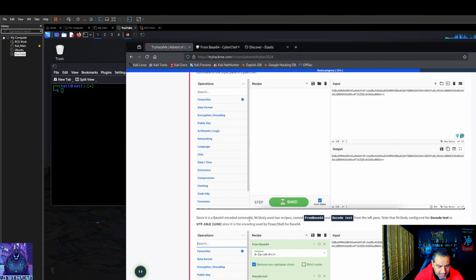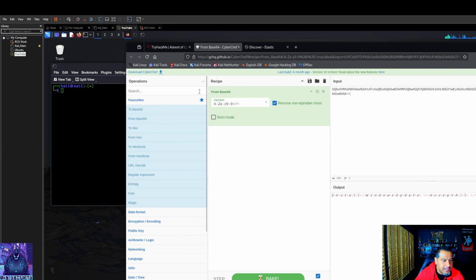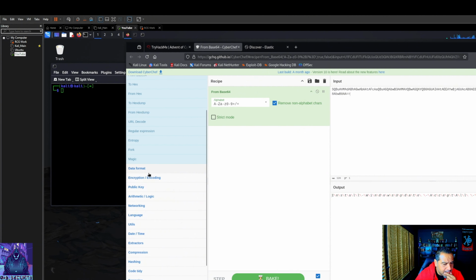since it's base64 encoded, McSkitty used two recipes from base64 and decode text from the left pane. Note that McSkitty configured the decode text. Okay, oh, okay, I get it. URL decode.